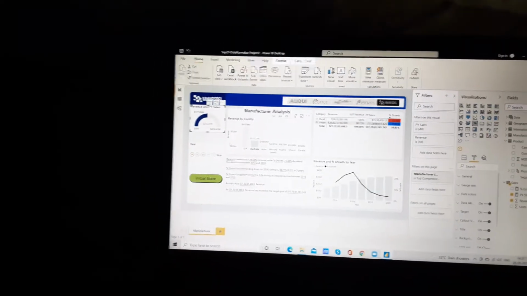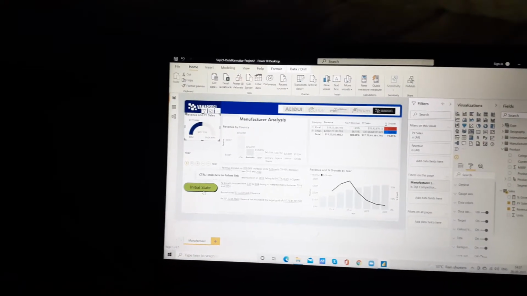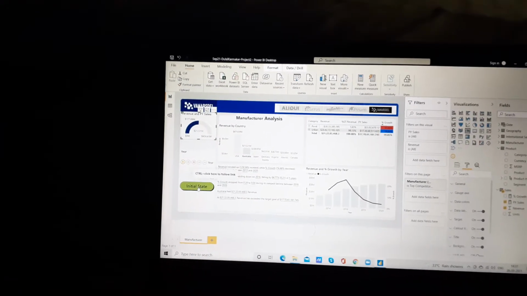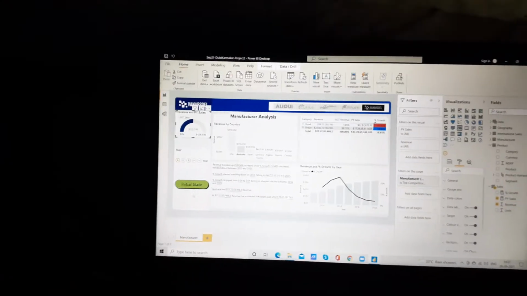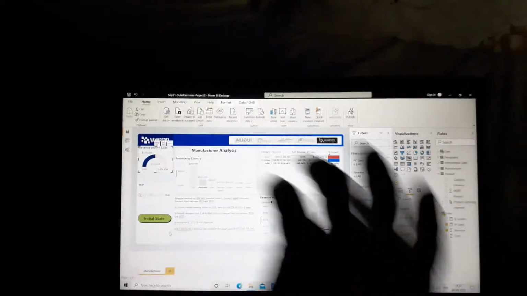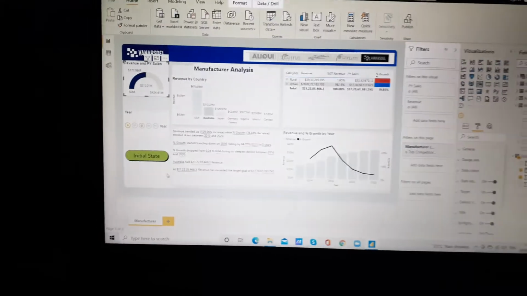Now if I want to come to the initial state, for that the initial state button has been created on the dashboard, right? If I click on this initial state button, it will again come back to the initial state, right?